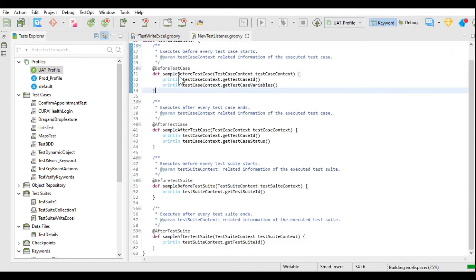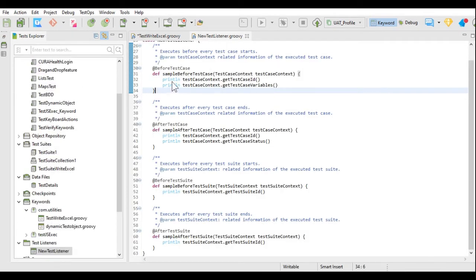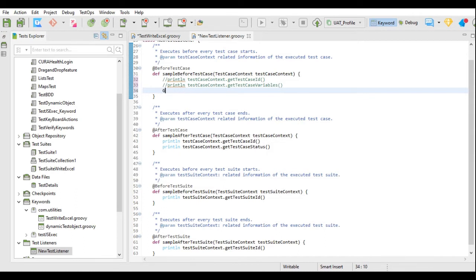Now in the test listeners, in the before test case annotation, I will comment these println statements and I will use this global variable I over here, and I will assign the value of I plus 1 to this variable.